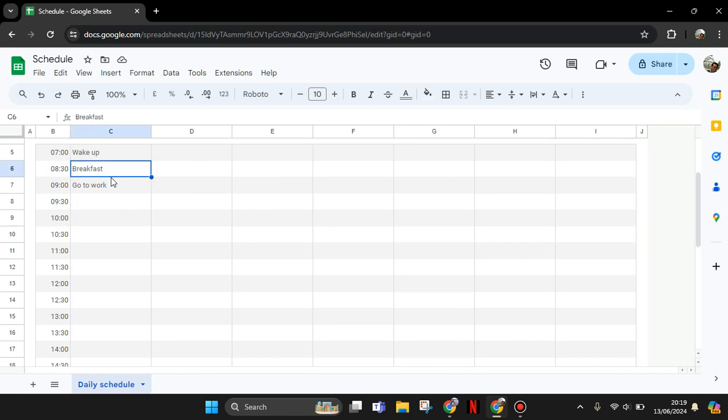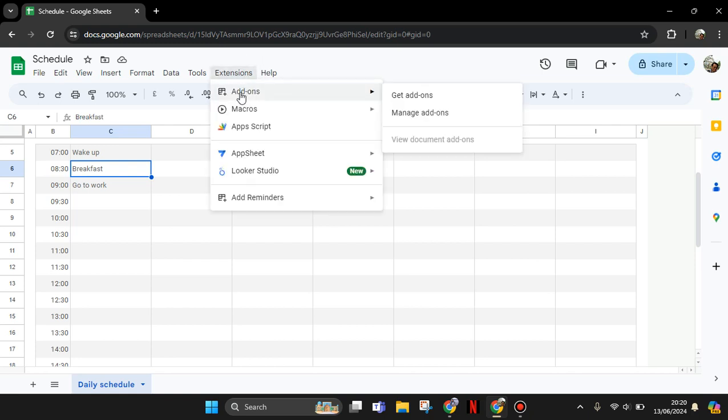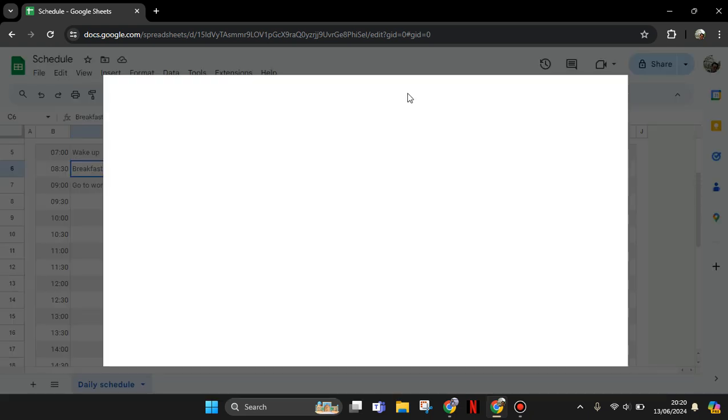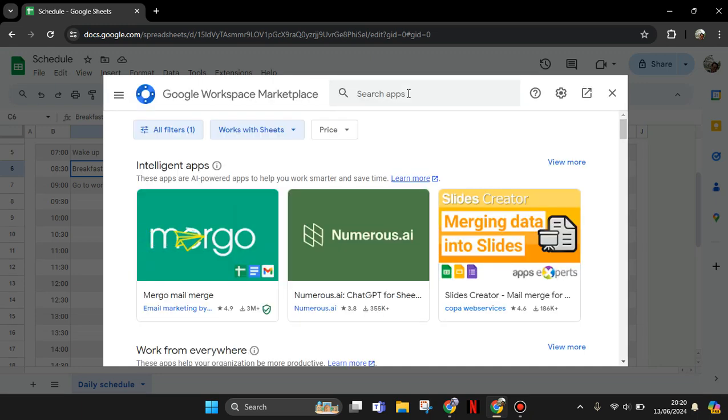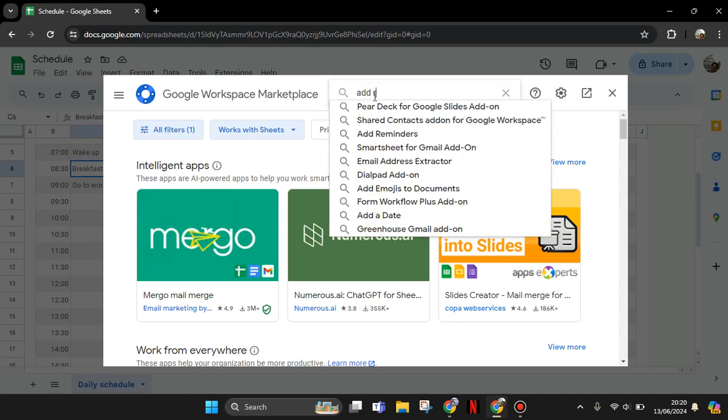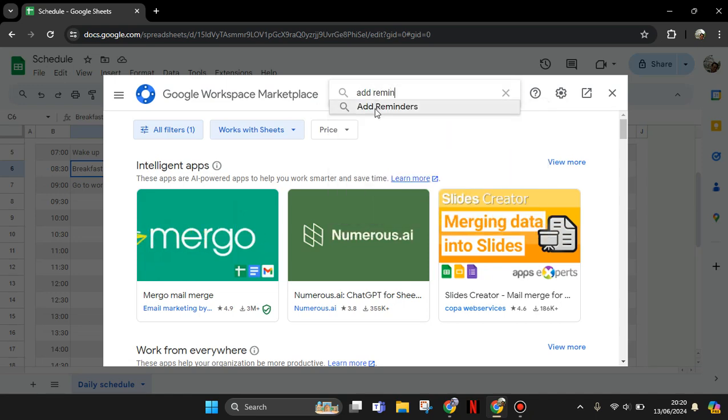First, what you need to make sure is that you already have the extension for adding reminders. So here I'm going to show you how you can get the extension. You can click on the extension in here and go to the add-ons and click on this get add-ons. Okay, after you click on that, you'll go to the Google Workspace Marketplace. Here you can just search the app. So just find add reminders, click on it,